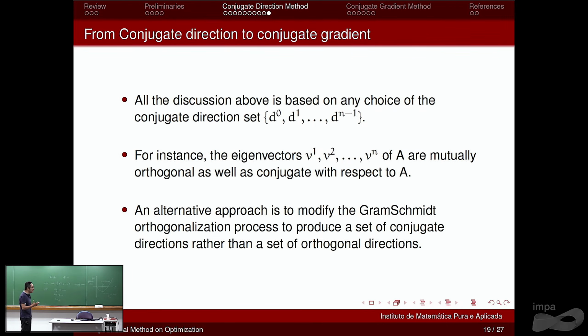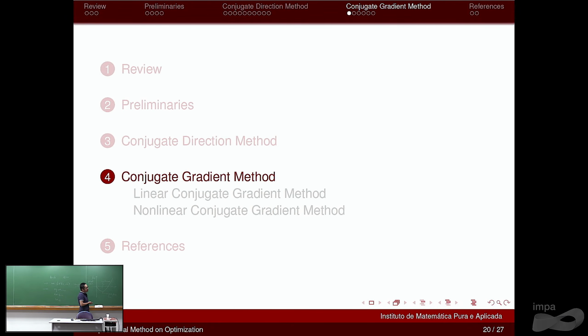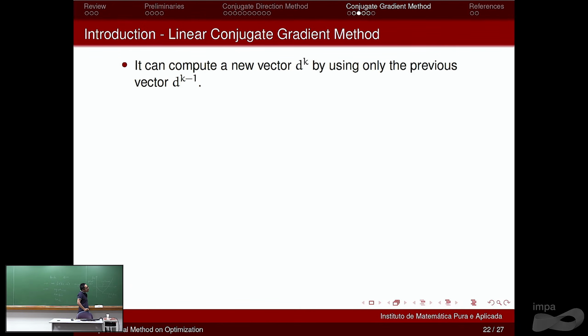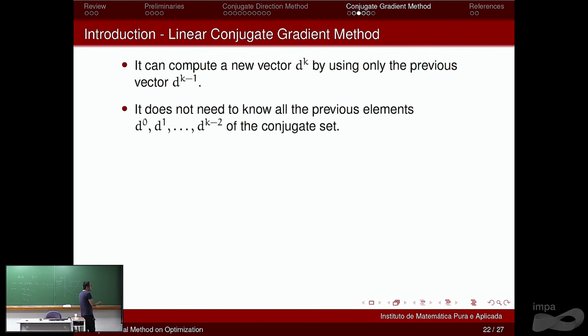So it requires a big amount of space to store your vectors. Is there a way we do not need to store so many vectors, and which is also cheaper to compute the next direction? That gives us the conjugate gradient method, okay? So we want to compute the new direction dk just using the previous one and the current gradient, the current information. We do not need to know all the previous elements like d0, d1, dk, because if your